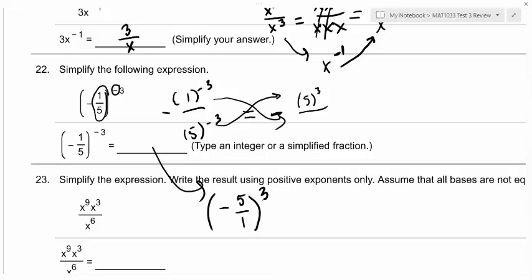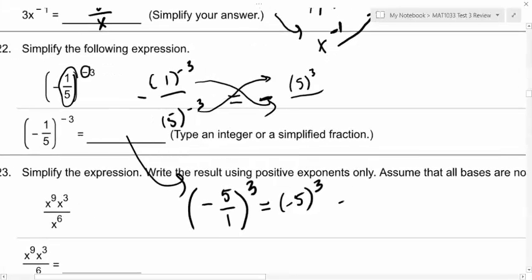And then 5 over 1 is just 5, so you could have actually just done -5 to the 3rd power, which would have still given you that answer of -125. Okay, another way you could have done it is rewritten it like,